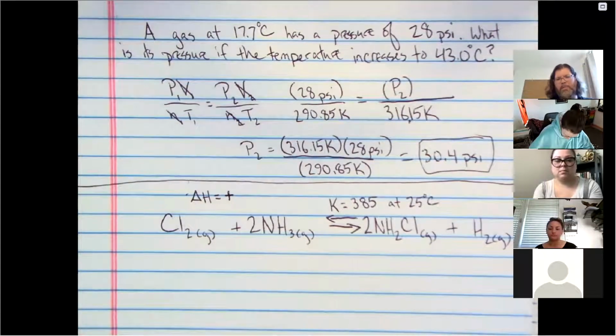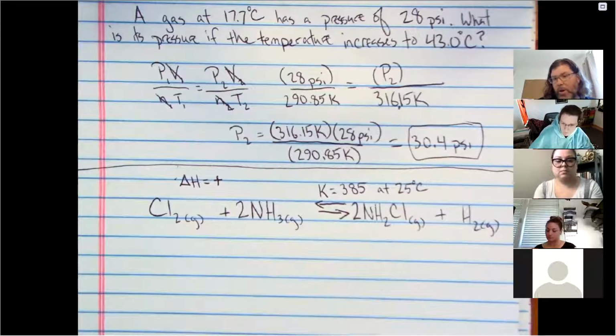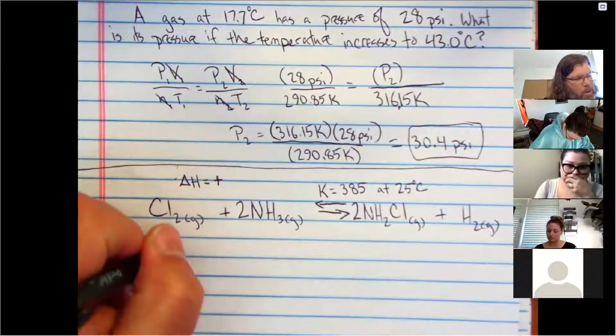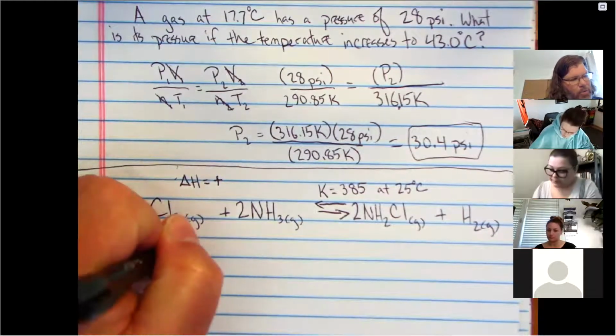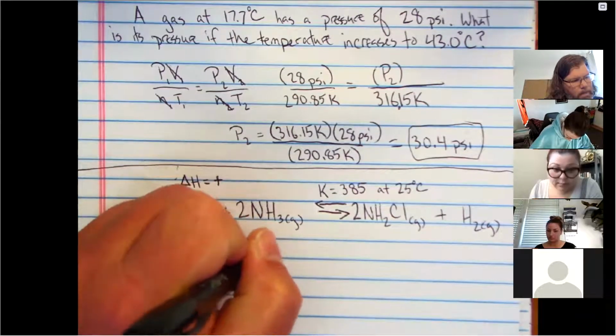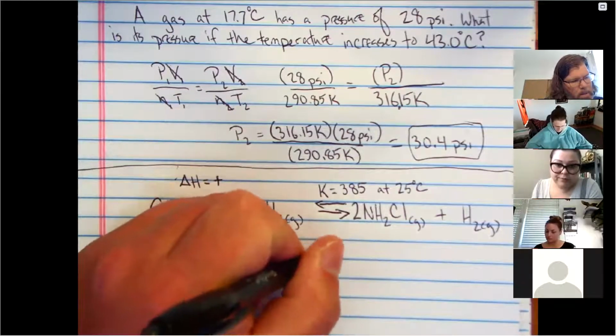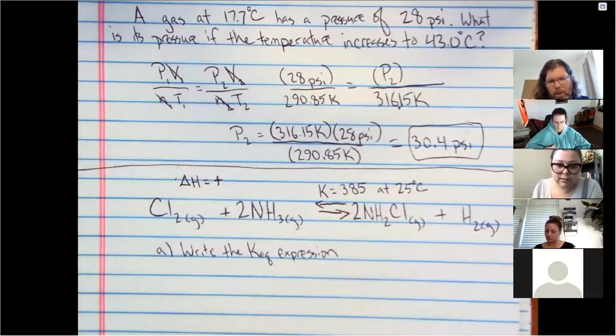So I'm giving you all the information that I can because we're going to use this question for a couple of things. We're going to do a little bit of just basic recall on equilibrium stuff. All right. So for A, I would like you to write the general expression for the equilibrium constant here. So K eq equals what for this reaction in particular?